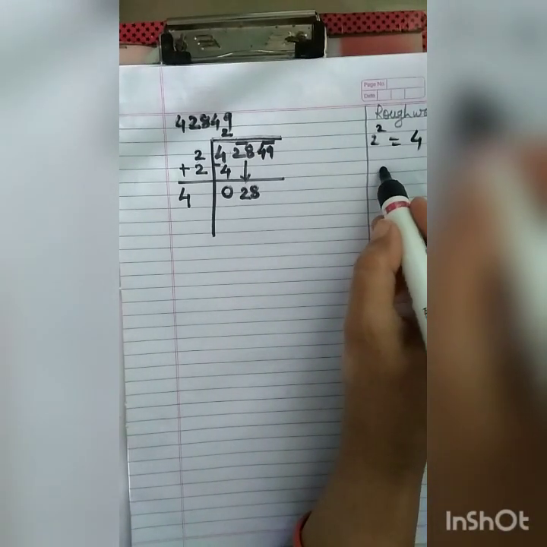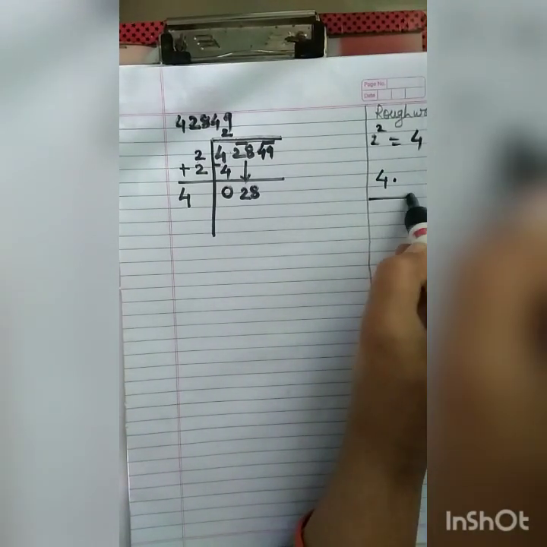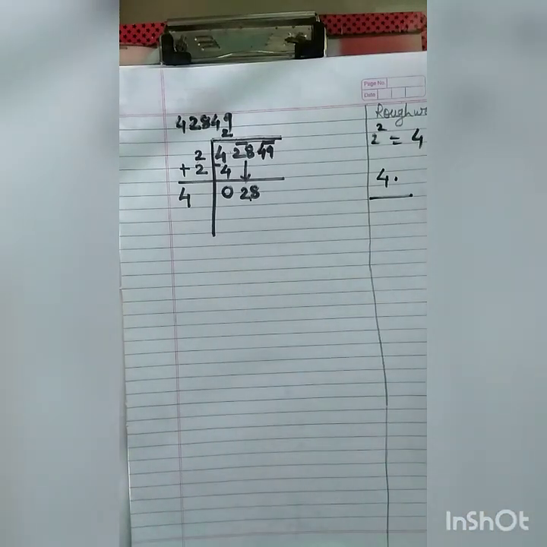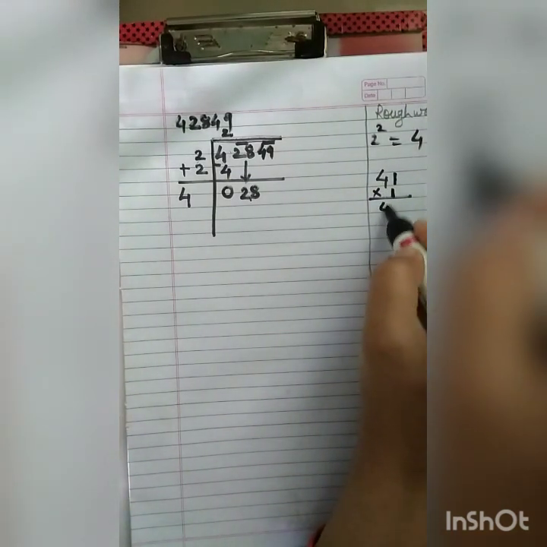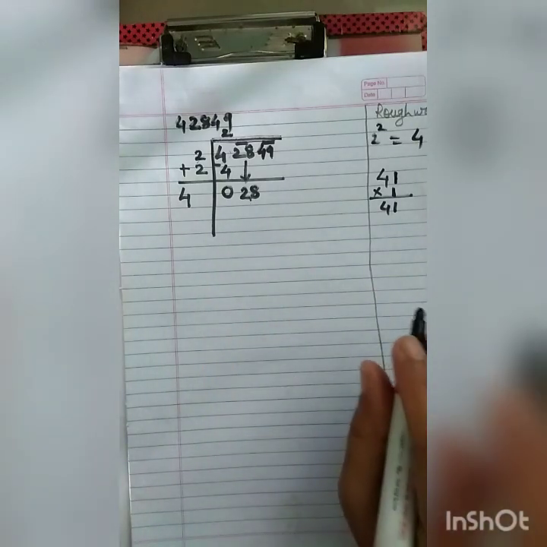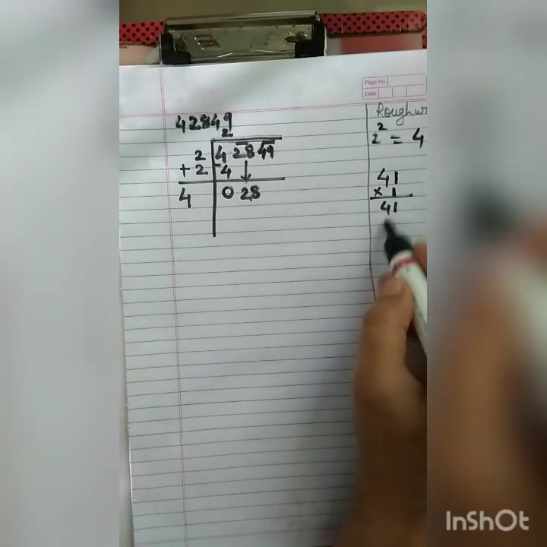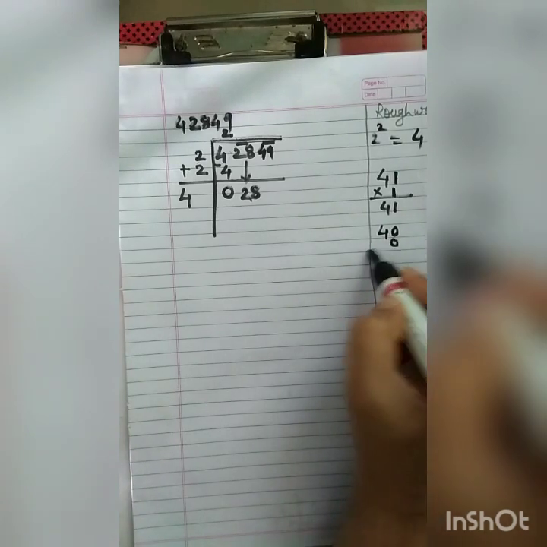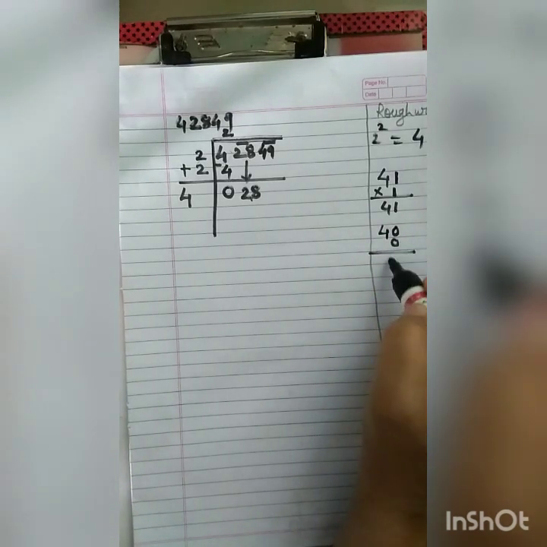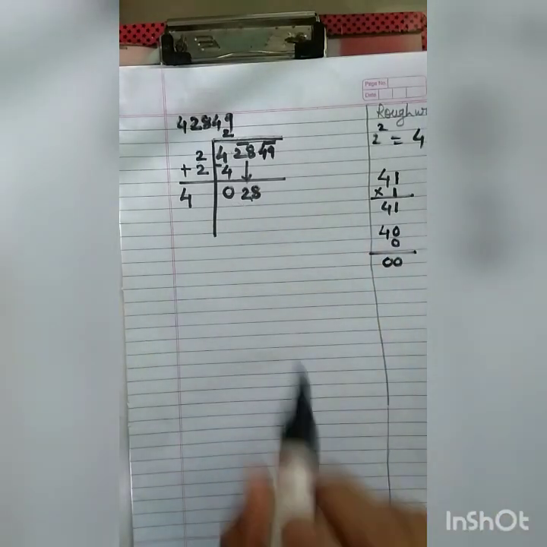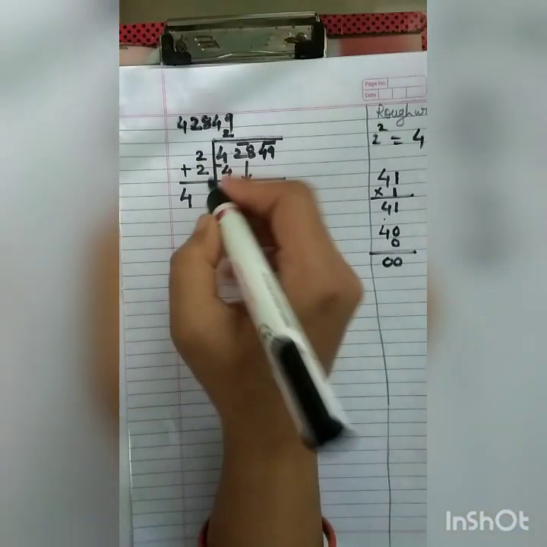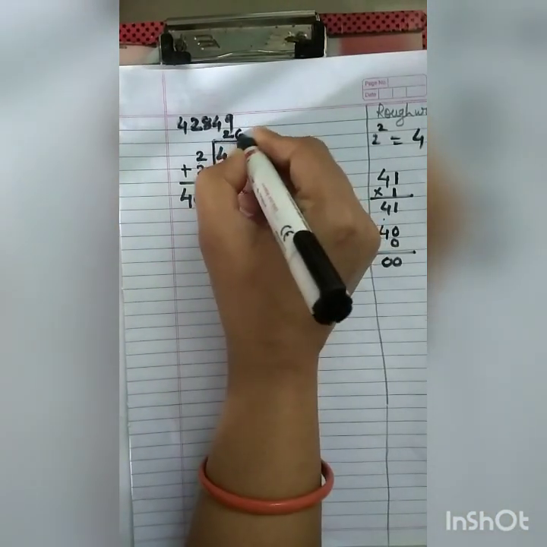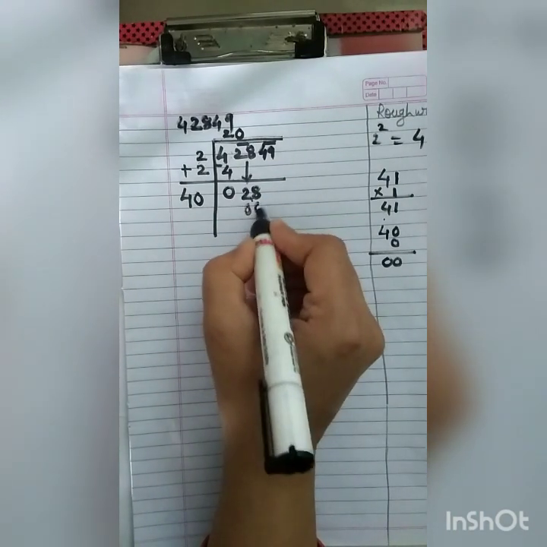Now I have to multiply something in 4 so that I get nearer to 28 or equal to 28. As you know, if I take the smallest number 1 here, then also I will get a bigger number than 28. So what will I take here? Instead of 41, I will take 0. Because as I take 0, then only will I get a number smaller than 28. Because if I start from 1, it will be a bigger number. So what will we take here? 0, 0. And here I will take 0, 0.